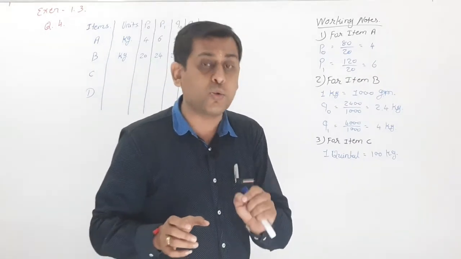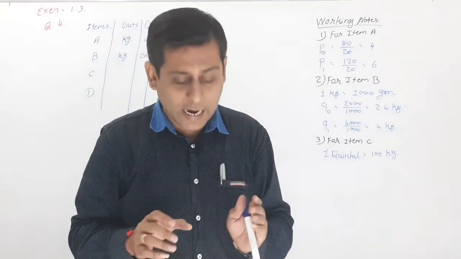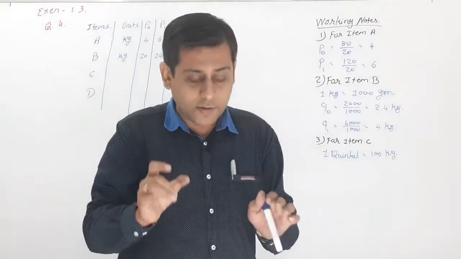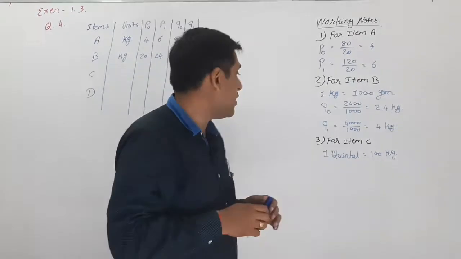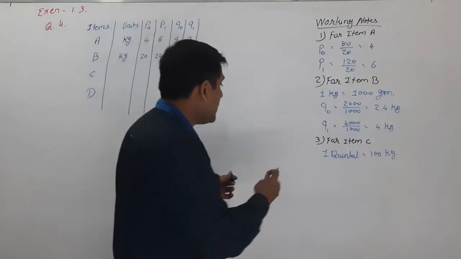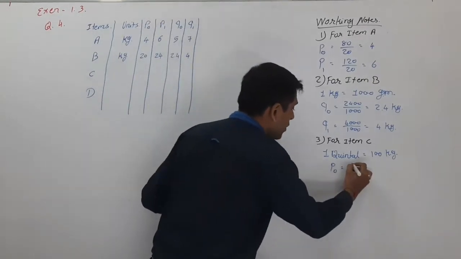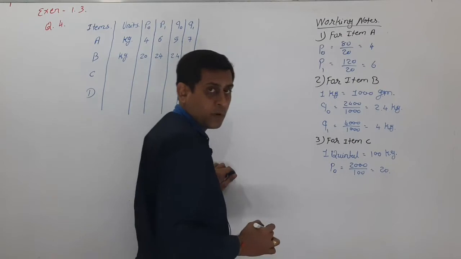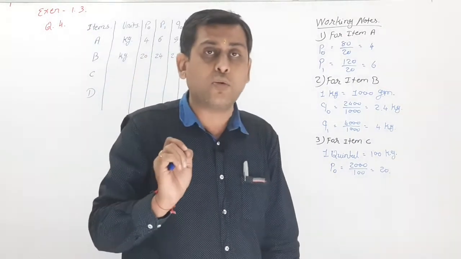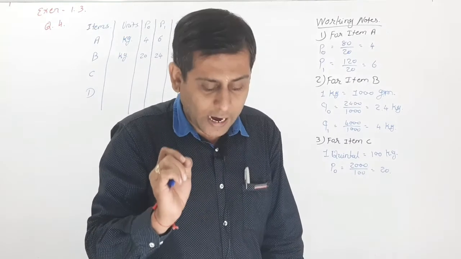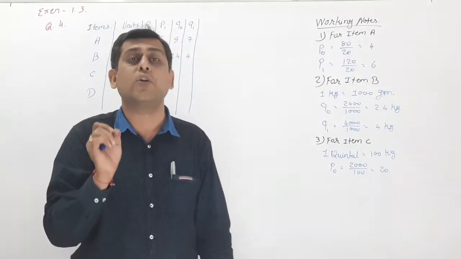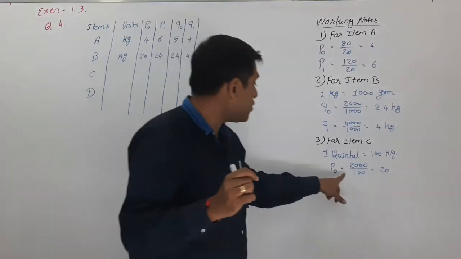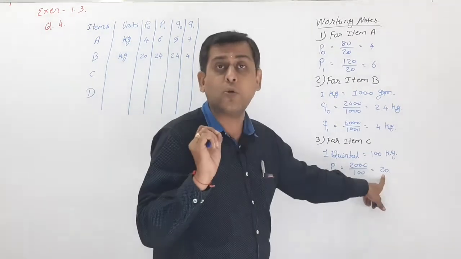Here the price is 2000 and 2800, and the quantity is 10 kg and 15 kg. So the price is the higher amount, that's why we have to convert the price. So P0 is equal to 2000 divided by 100, that is 20. See here, the price 2000 is for 1 quintal and 2800 is also for 1 quintal, but we want the price per kg. That's why the price per kg is 20 rupees.